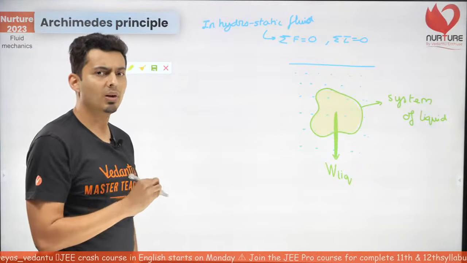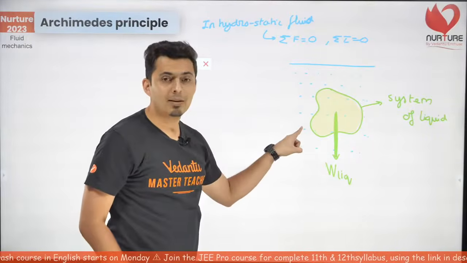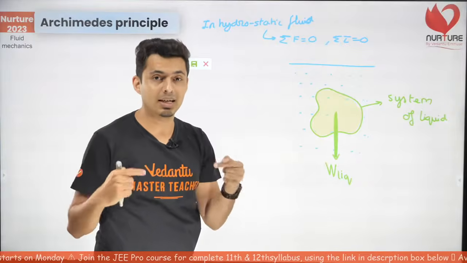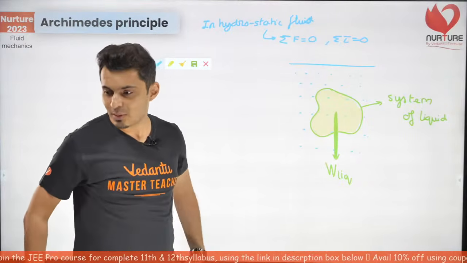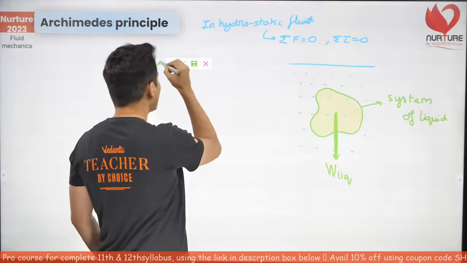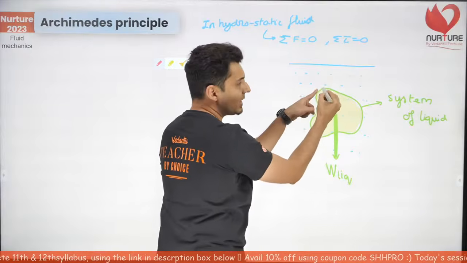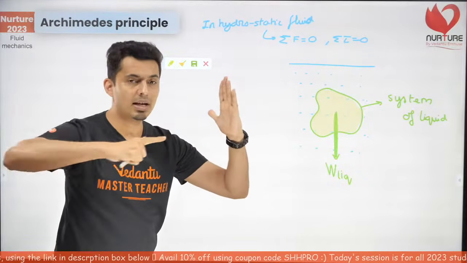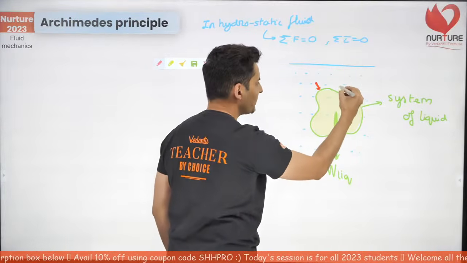Where is this force going to come from? Here is the answer. Remember, at any depth you have pressure force, the force due to the pressure, hydrostatic pressure, the weight of the liquid column. Do you remember this? Yes. So there will be hydrostatic forces everywhere. Here the pressure is less. Remember, the force due to the pressure is always perpendicular to the area. So perpendicular to the area, there will be a force here.